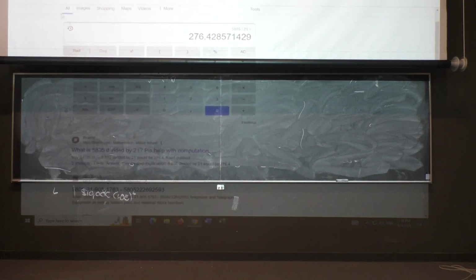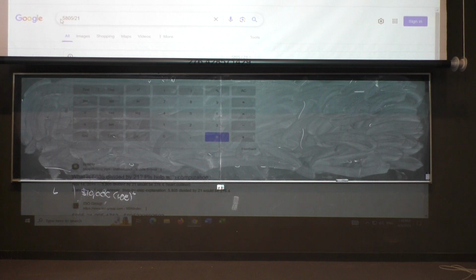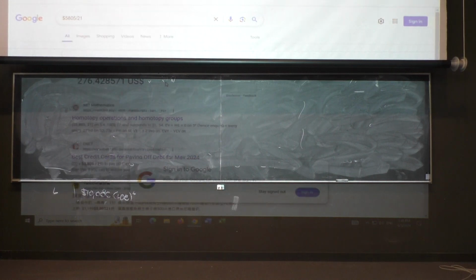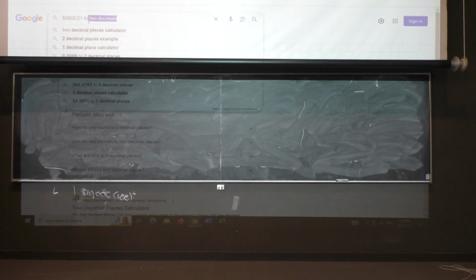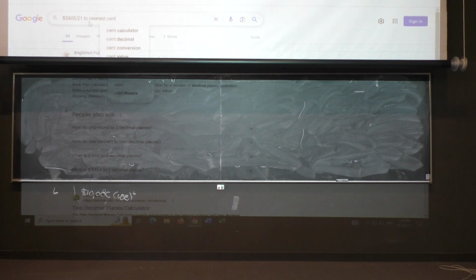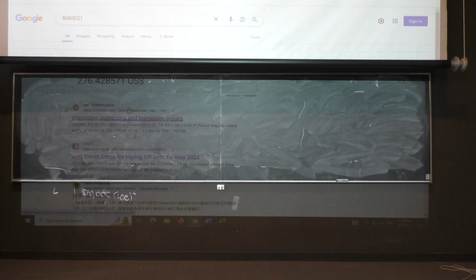I wonder if I can tell Google 43 cents? I get 43 because it goes up because of the 8, yes? Yes. How about if I put a dollar sign in front of it? Will it give me a more sensible answer? Nope. Sorry, I was trying to get Google to round for us so we didn't have to, but it looks